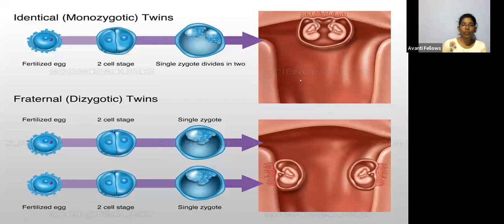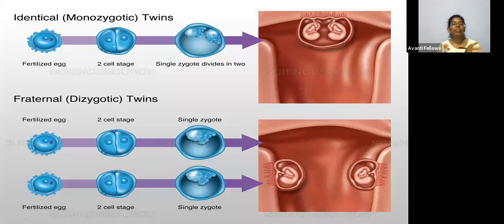The monozygotic twins: there is one fertilized zygote in the first image, that is going to divide into two blastomeres. Now these two blastomeres have the capacity to grow as new individuals, and obviously they grow as new individuals. This is one condition of how monozygotic twins develop. These twins are always identical twins and always have the same gender.